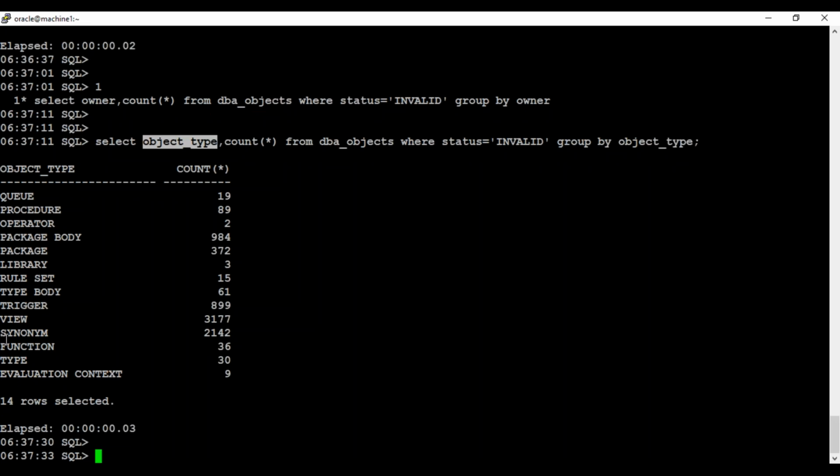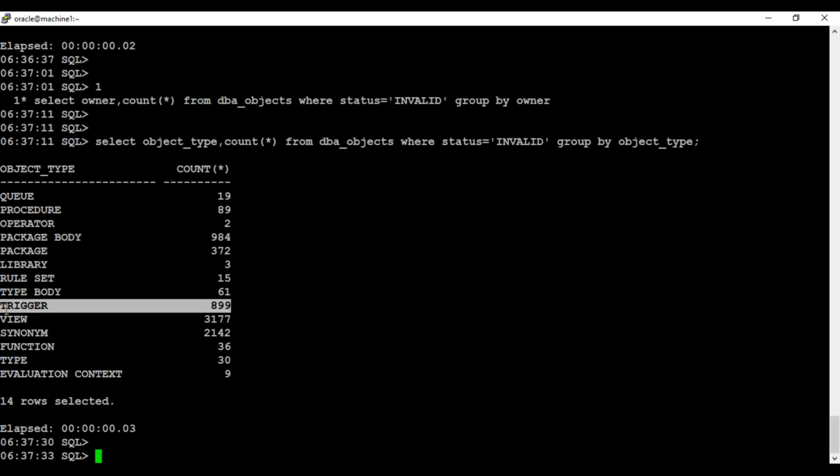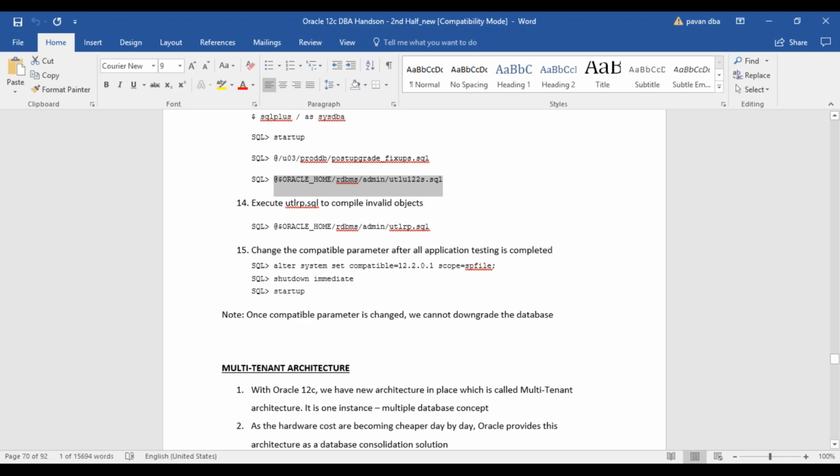We have so many invalid objects with views, followed by synonyms, then packages, then triggers, like this, many things are there. To compile all of them in all the schemas in a single shot, we are going to execute this particular script,